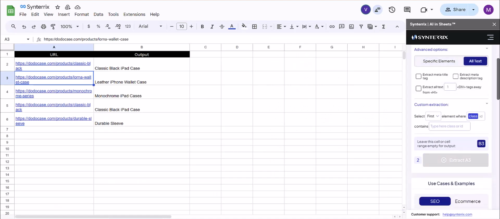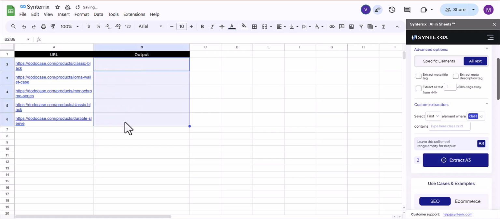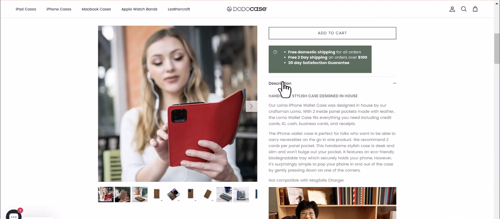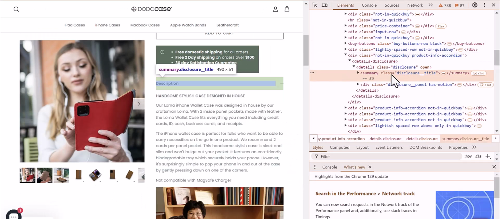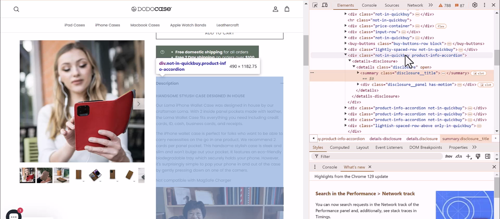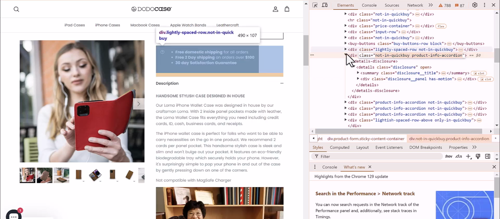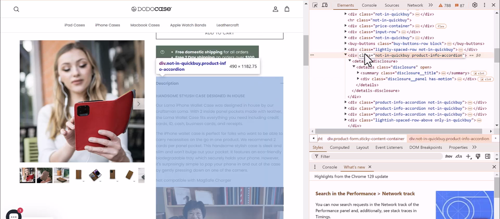So in this case, what we need to do is we need to specify the exact element we're trying to scrape from the page. And we can do that by capturing the class or ID of the div element